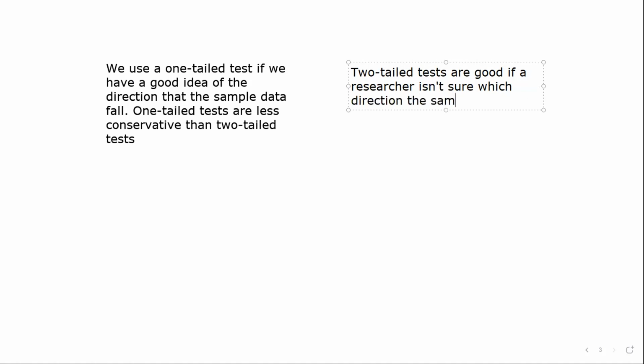Now, you can always use a two-tailed test. But the book will tell you which one the researchers used, and you should state your hypotheses based on what the book is. But if you were designing a statistical experiment, you're always free to use a two-tailed test. Two-tailed tests are good if a researcher isn't sure which direction the sample data fall,